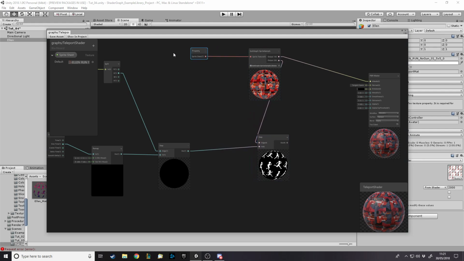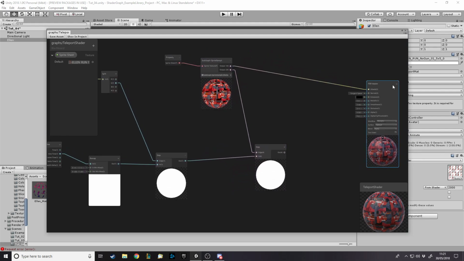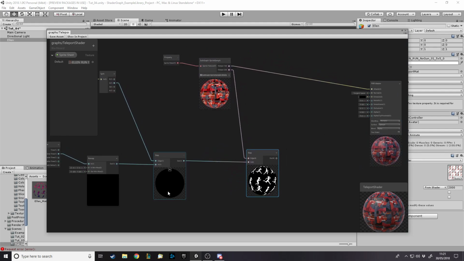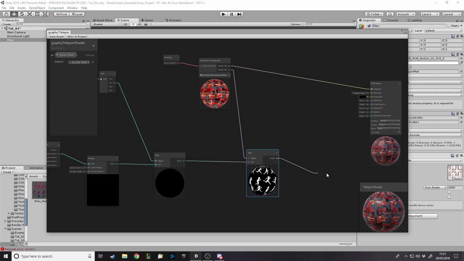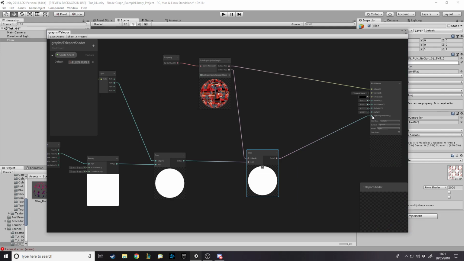Now as you see, what does this look like? Ooh. So this looks the same, but instead of just the black, we also have the actual sprites. Now, if you didn't already guess, let's go and put that into the alpha clip threshold. And now,